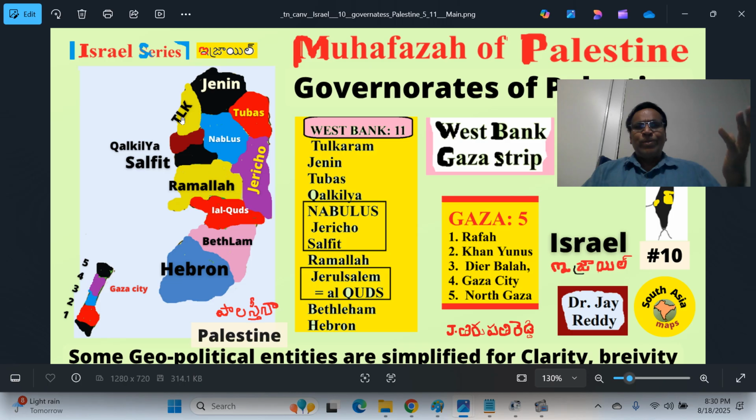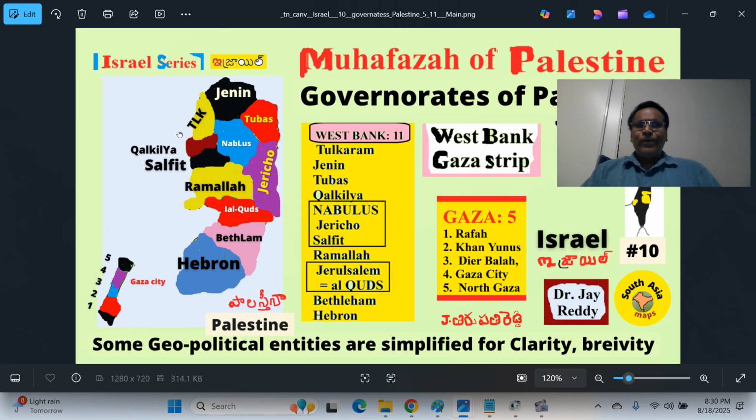Previously, in British Mandatory Palestine, Tulkarm extended up to Netanya, those regions south of Haifa, that is close to the Mediterranean Levant Sea. So you have Tulkarm here, east side Tubas, central part Nablus and Ramallah. You can see Jericho, a town that is below mean sea level, in the Judean desert region, which receives less rainfall.